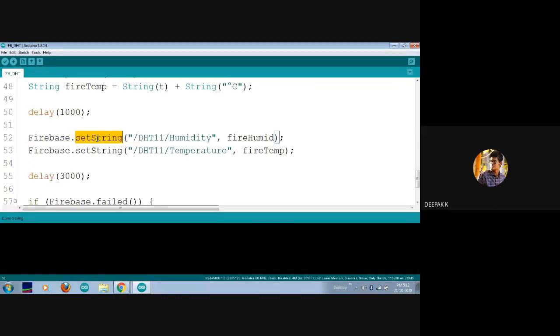Now I have added a delay of 1 second, and I'm firing this to my Firebase cloud. For this I have used a command called Firebase.setString. In this I have declared a path called DHT11 slash humidity, or I can directly go with humidity also.